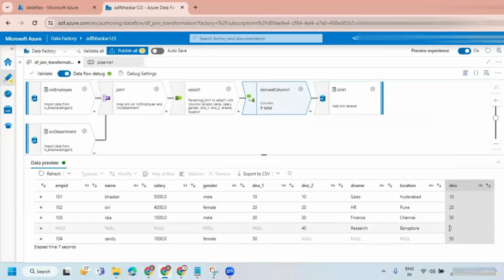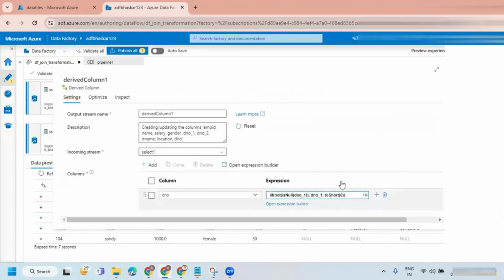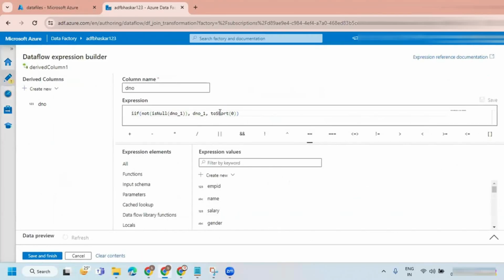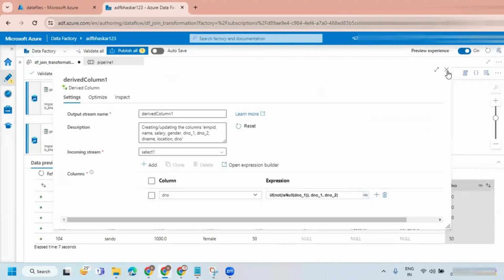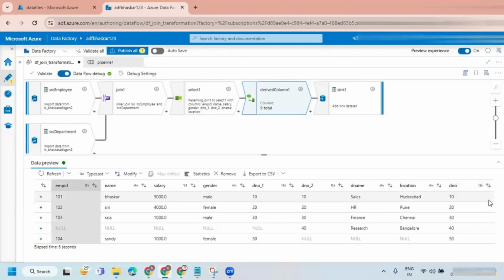So that means we have a 0, right? We have to take depart number 2. Now this is perfect.